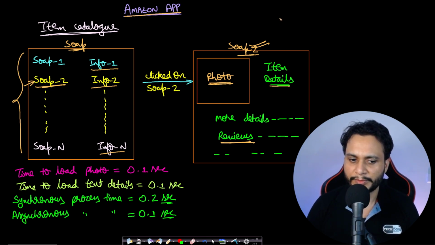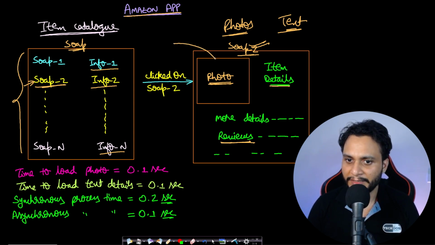The one type of information is text and another type of information is photos, right? Let's say they are kept at two different places in the databases, and so taking the photo and taking the text will be two independent events. Okay, so let's say the time to load the photo is 0.1 second and the time to load the text